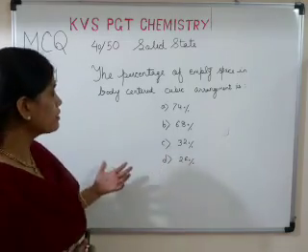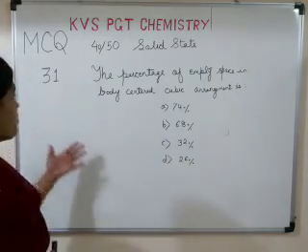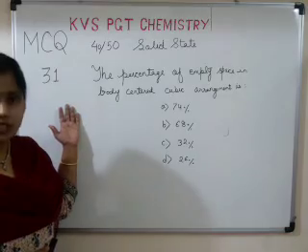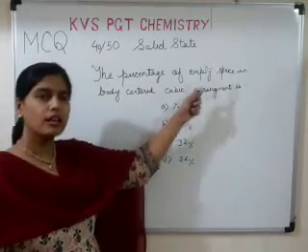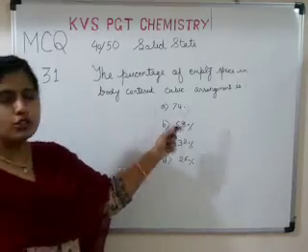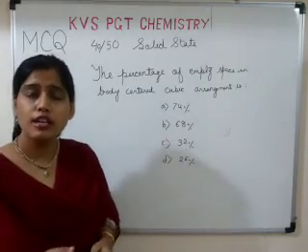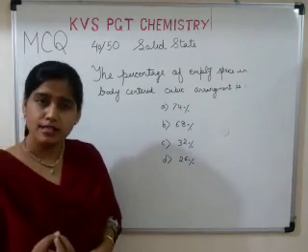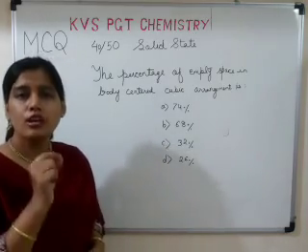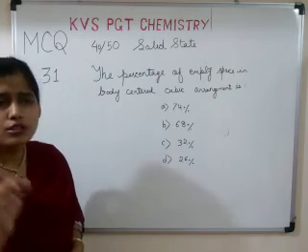Now in this series of MCQ, let's begin with question number 31. See what is the question. The percentage of empty space in a body centered cubic arrangement. The question asks you to tell the percentage of empty space, and the given structure is body centered cubic arrangement. So dear student,